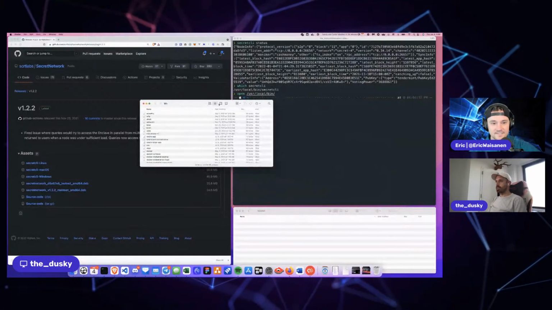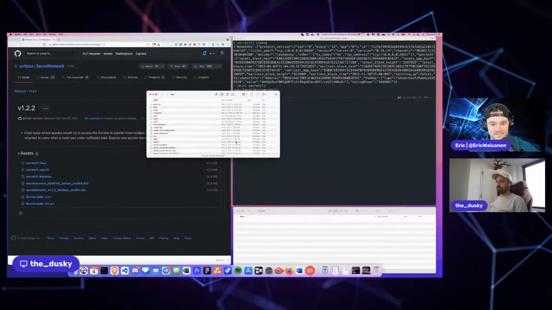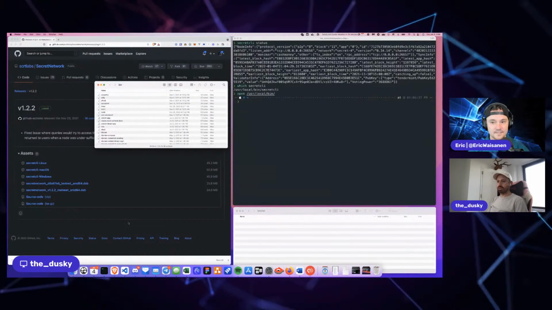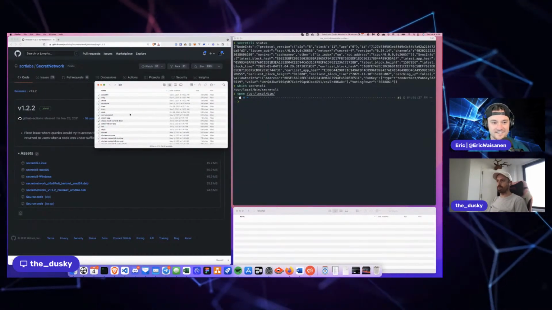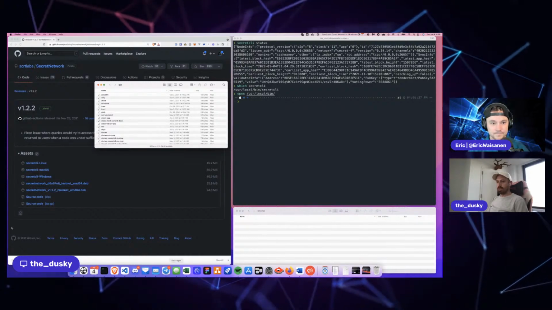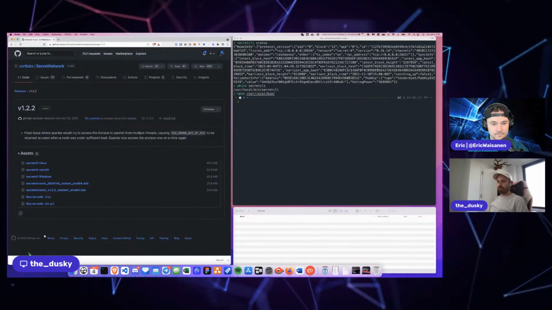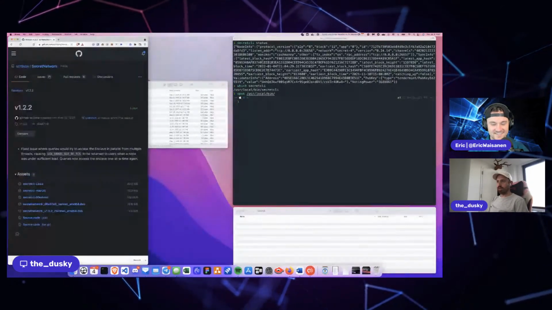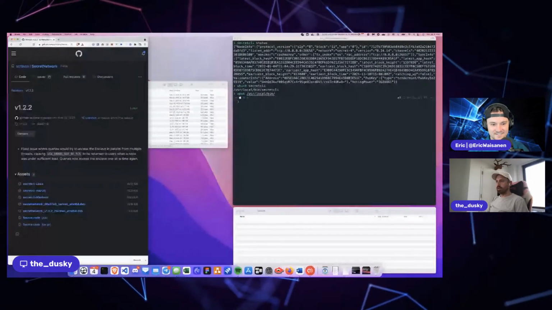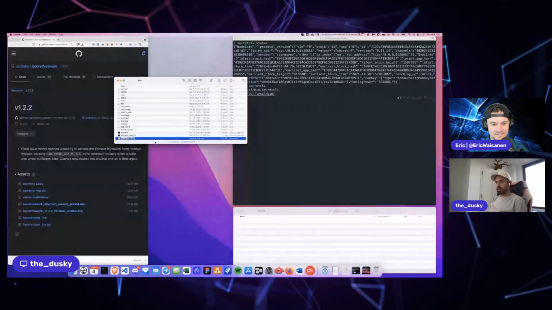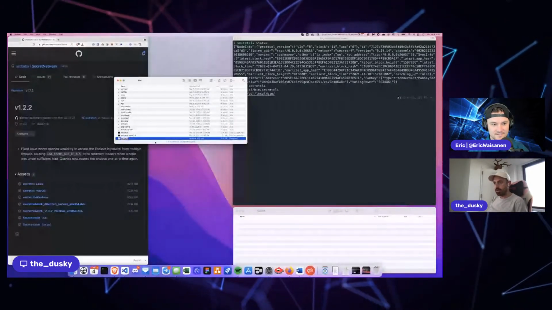This holds binaries, which are the compiled, actual zeros and ones files that run programs. So I'm going to take this file and drag it into here, and I'm going to rename it Secret CLI 2.